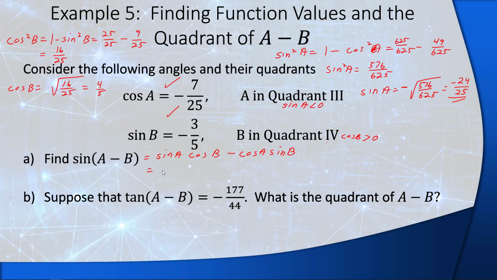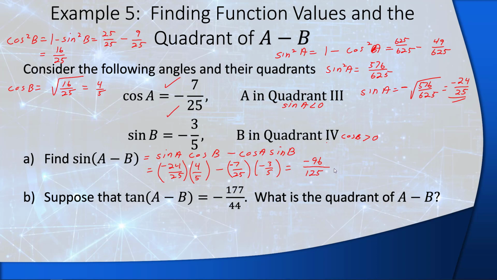This will be equal to negative 24 over 25 times 4/5, minus cosine of A is negative 7/25, and then sine, negative, I forgot the negative there, and then sine of B is negative 3/5. All right, so negative 24 times 4, that is negative 96, divided by 25 times 5, which is 125,